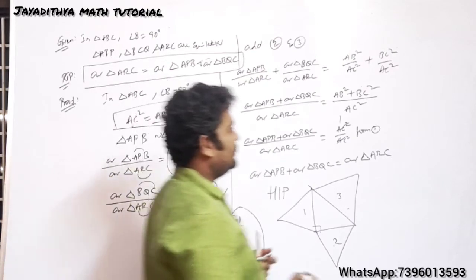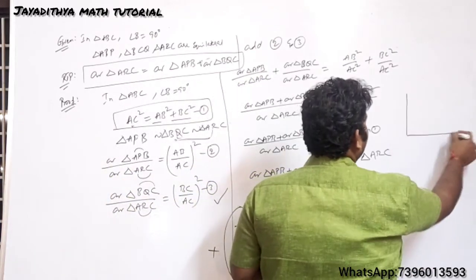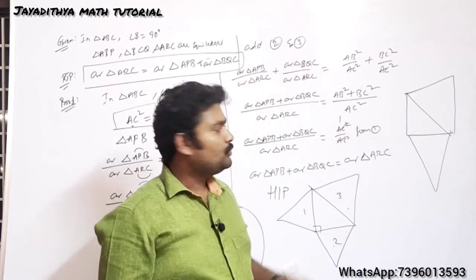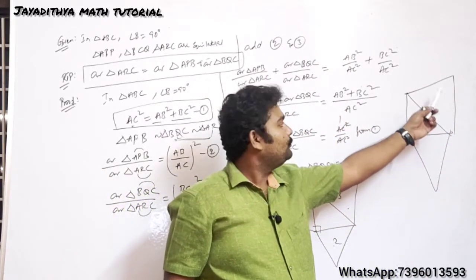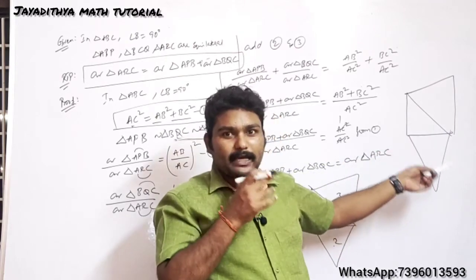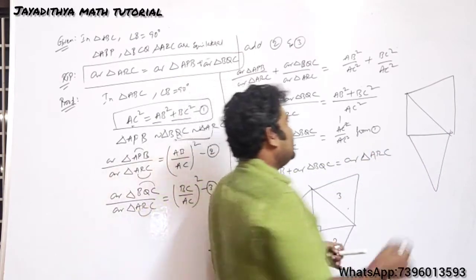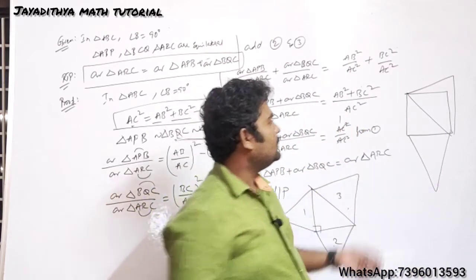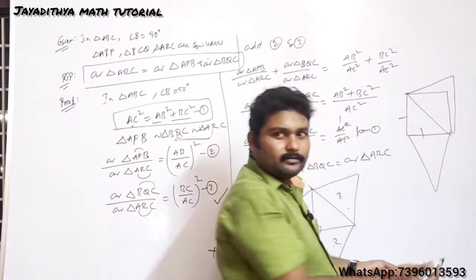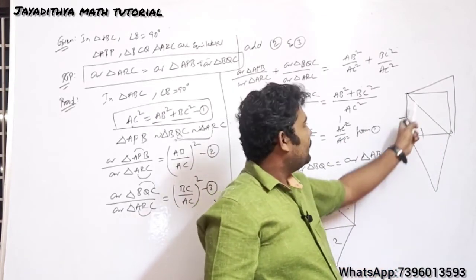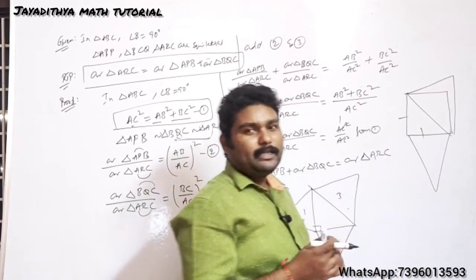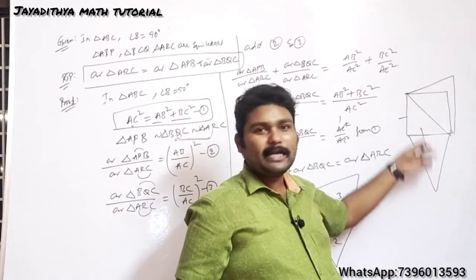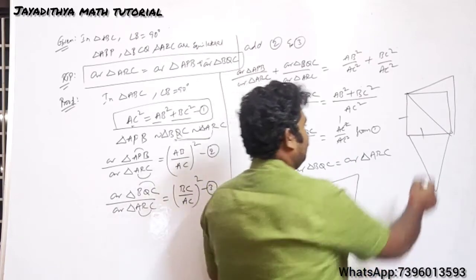What is the previous case here? The previous problem is like, there is an isosceles right angle triangle and you should find the ratio of areas like this, right? So there is a triangle on the side and there is a triangle on the hypotenuse. You should find the ratio of their areas. But here he has just given that this is a square. So what is the difference there? There is no difference. Why? Because in a square also all the sides will be equal, right? So again these two sides will be equal and the problem will be completely the same, but the only thing is you should show that the area of this triangle is half of this one. Already you have done, the ratio will be 1:2.